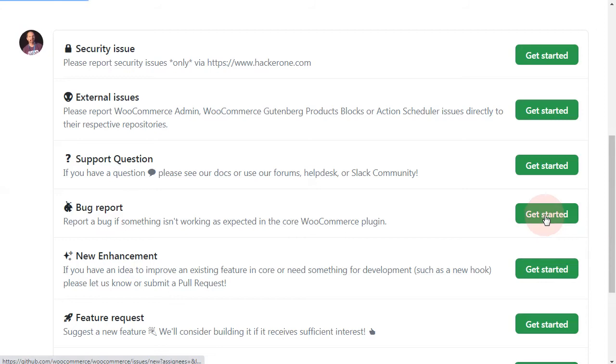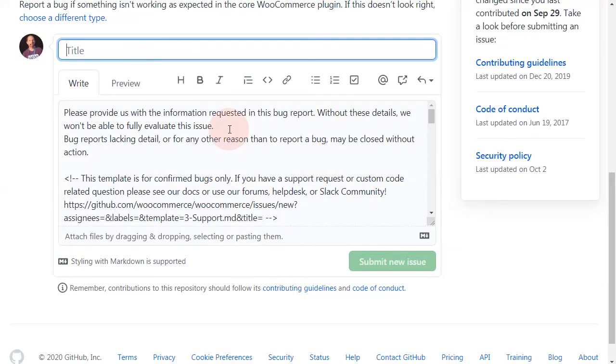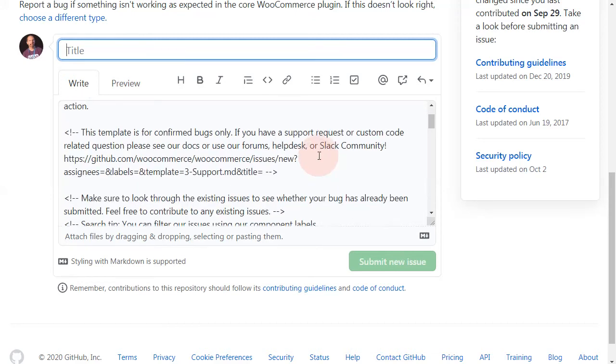This would be the one that you choose, and now you can give it a title. Make sure you don't put urgent blah blah blah, they won't listen to you, so just describe the issue very well. And as you can see here, there is some default content, so please provide the information requested in this bug report.